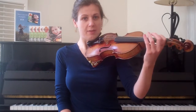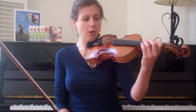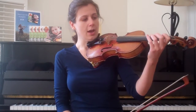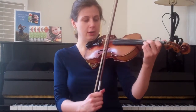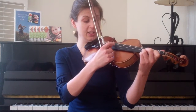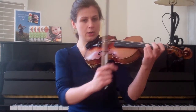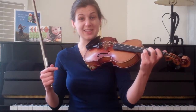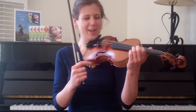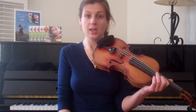So this tune uses first and third position. If you don't already know how to find third position, it's pretty easy. All that it's referring to is that you're 3 steps away from the bottom of your fingerboard, and it corresponds to your third finger. So if you take where your third finger usually goes in first position, I call it a test note because it matches your open A. That's your third finger. All you're going to do is move your first finger into that exact same spot. Substitute, we call it a finger substitution, your third finger with your first. It will still match your open A string, that's how you know it's in tune,